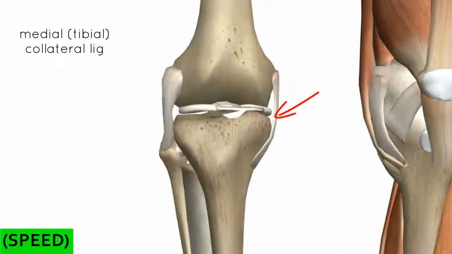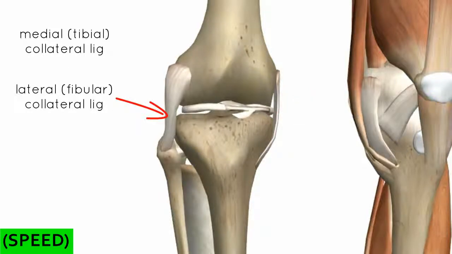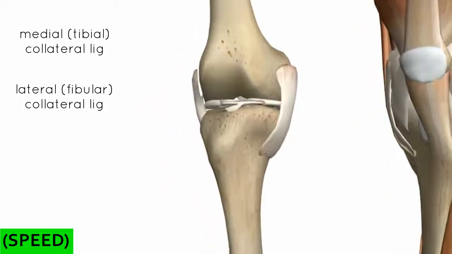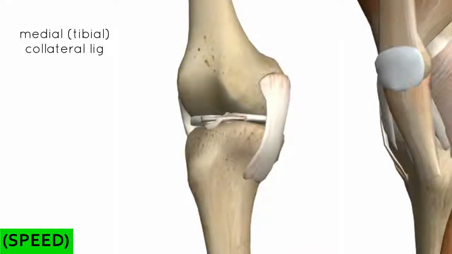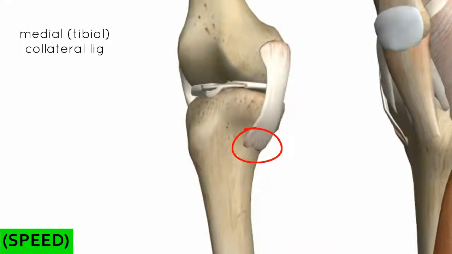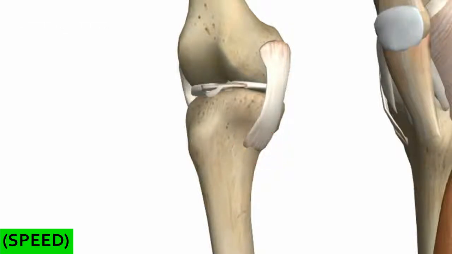We've got a medial collateral ligament, which is also referred to as a tibial collateral, and we've got a lateral collateral ligament, or a fibular collateral ligament. So we'll take a look at the medial collateral ligament here, and you can see its proximal attachment on the medial epicondyle of the femur, and you can see its distal attachment on the tibia. So it attaches medially on the tibia, just a little bit above the insertion points of the sartorius, gracilis, and